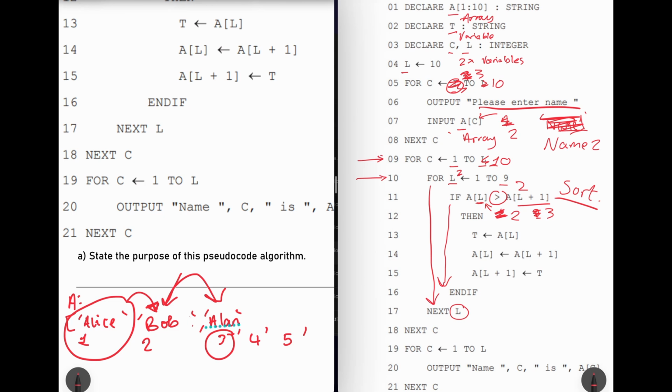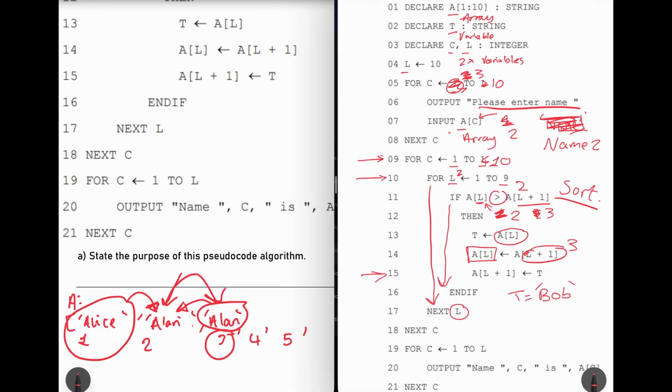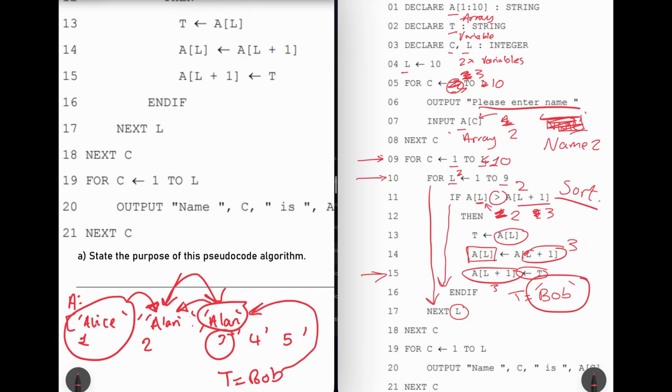So I put the data from position L, which is currently Bob, into a variable called T. So I'm just going to make a note of this here. So T now contains the name Bob, and then I put in the position where Bob was, which is A position L, the one next to it, which is L plus 1. So the third position, which was Alan, now swaps over to Bob. So now Alan is stored and not Bob. But then in line 15, L plus 1, which is 3 in the array, we set to whatever T was, which we set to Bob. So Bob, if I just make a note of T down here, is put into the third position and replaces Alan, which means Bob goes there. And as you can see, the original positions of Alan and Bob have now swapped,